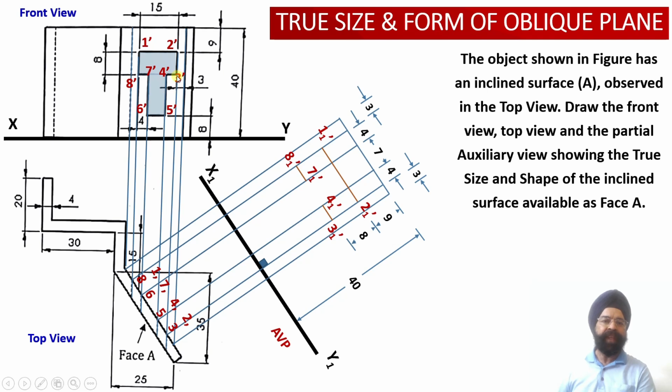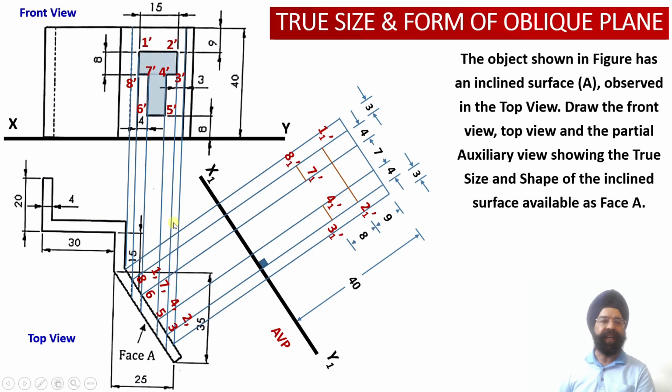And finally 3 dash is also located at a height of 23 millimeter from the ground or from the base. So corresponding to 3 dash, I have got the projection of the point 3 in the top view, that is on the edge view at this location. So this is the projector line corresponding to the point 3. So from here, again, as I measure a distance of 23 millimeter alongside this projector line, I obtain this point